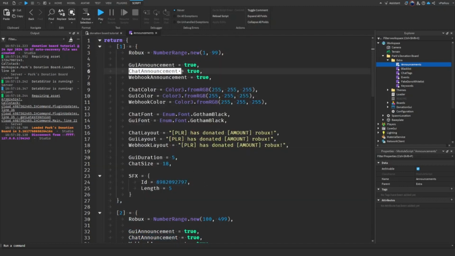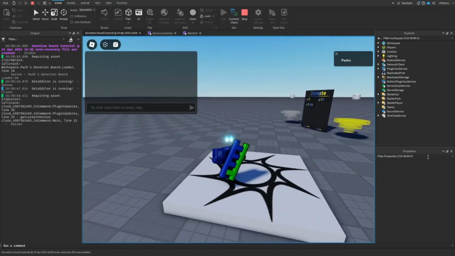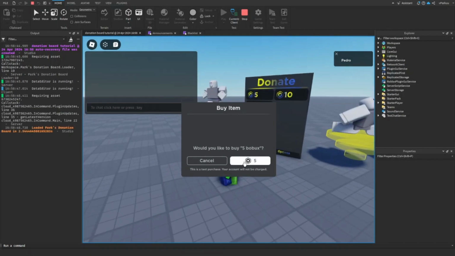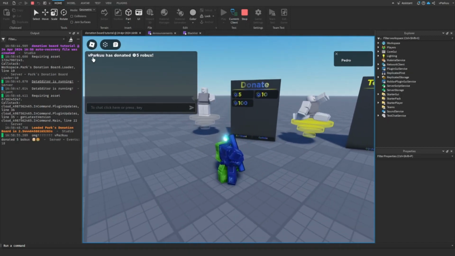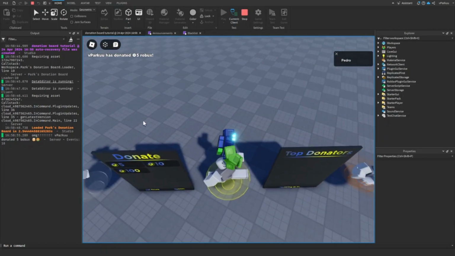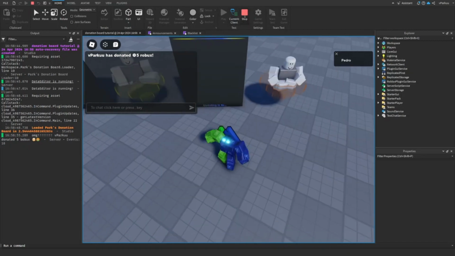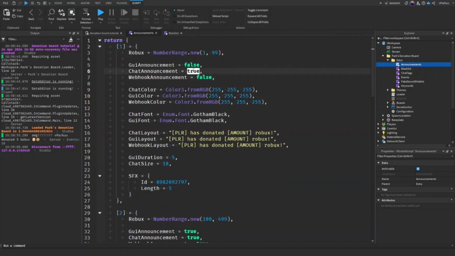So if I set chat announcement to false, the donation will not be announced in the chat, but if I leave it at true, it will. Let me set this to false real quick. Okay, so if I press play, so now if I donate 5 Robux, right here. So that's the chat announcement. You can customize it more, so like if you set this to false, it will not